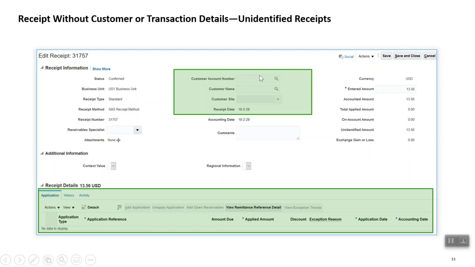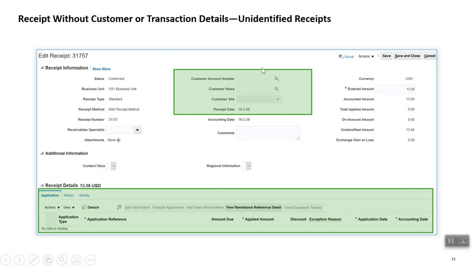He did not key in the customer information or the application, and that's the reason why total applied amount, on account amount, and unidentified amount are visible here.